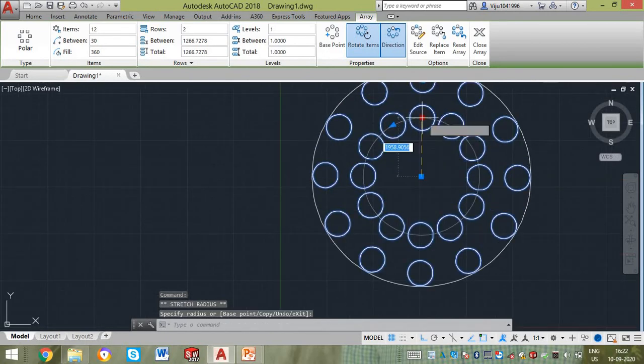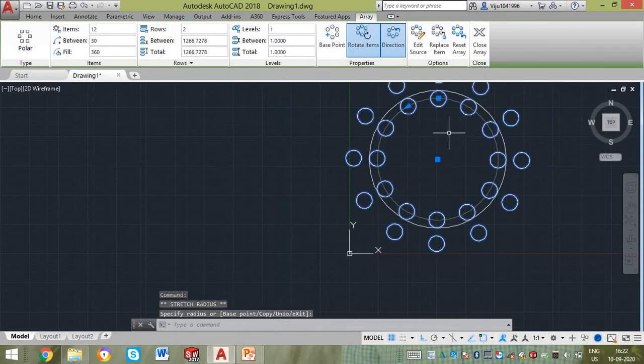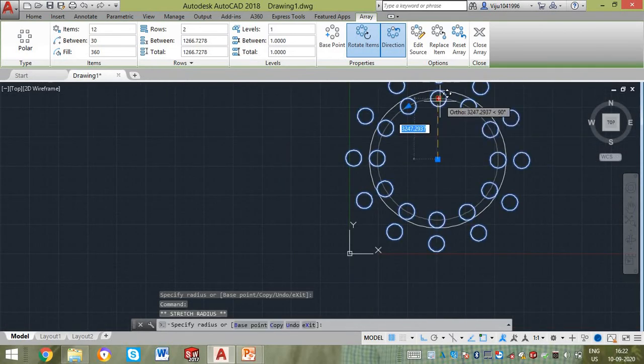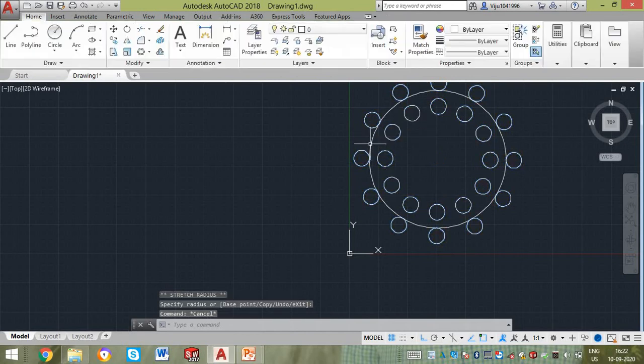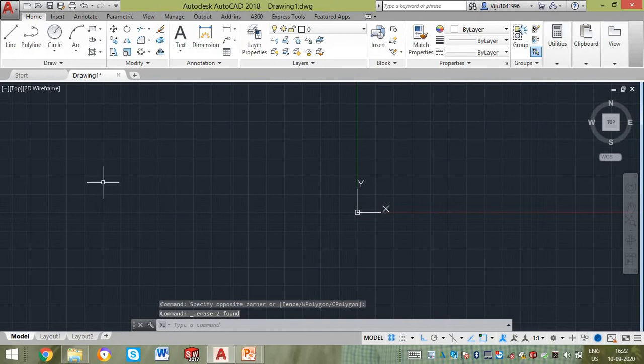This is how the polar array works. The blue dot is for altering the distances. That is the main thing for polar or array editing.